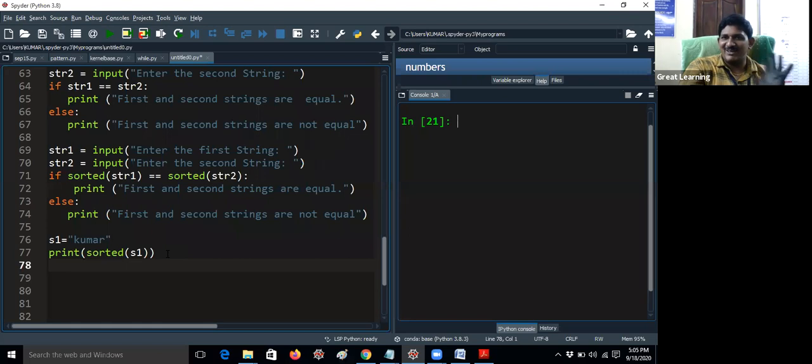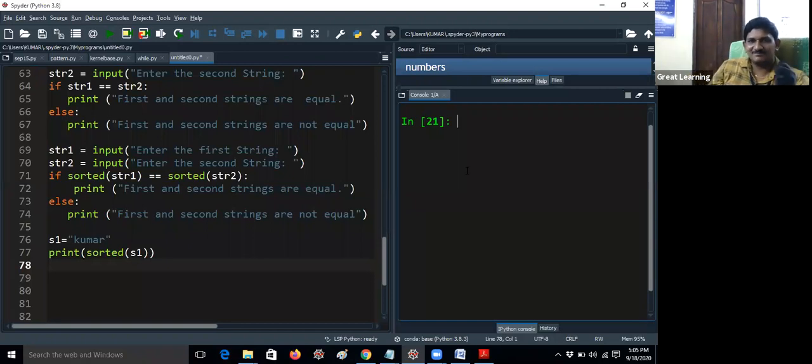Can you tell me what is the output, guys? Can you tell me, please? More than 250 students are there here. I would like to ask you guys. It will be sorted order, I'm asking.